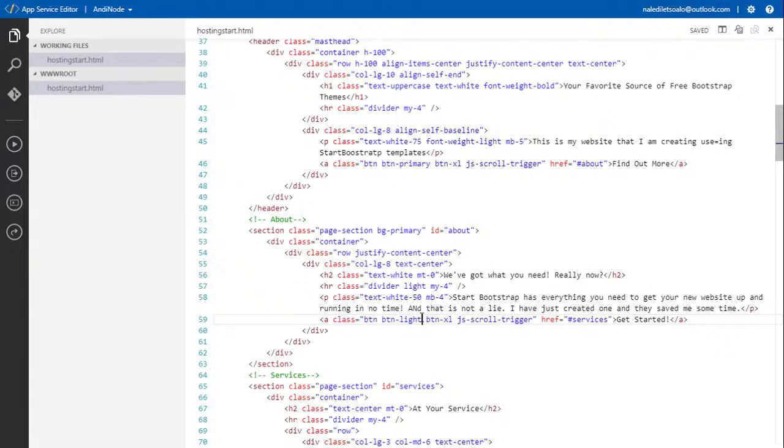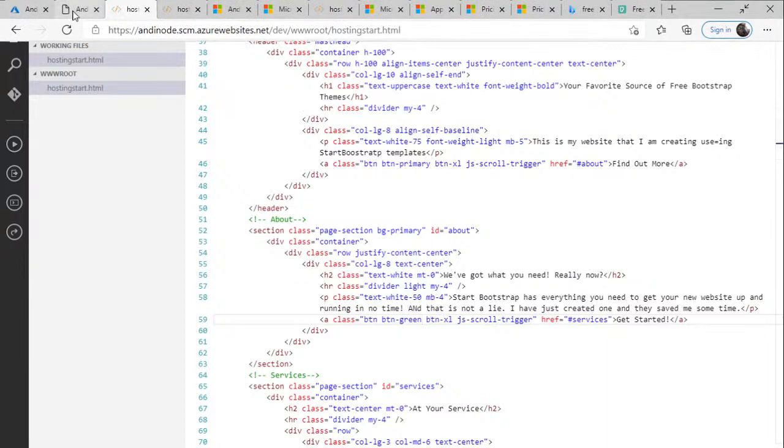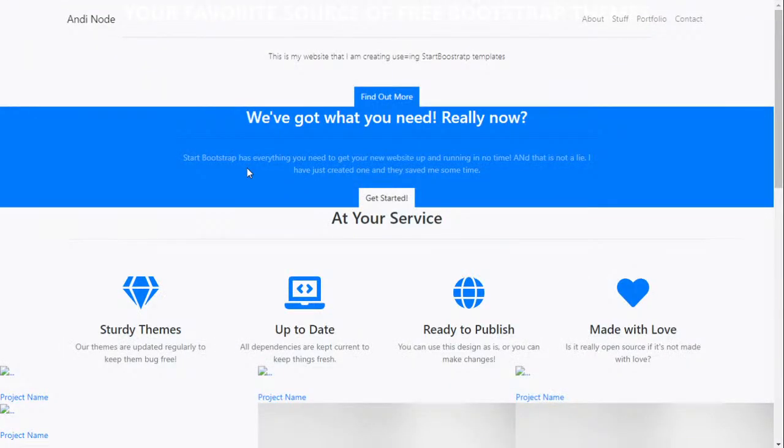I'm sure if we were to maybe do something like this, it might not work, but let's see. Saved. I want to see if it actually does change. Oh no, don't have the button. But that's also because there is no green, and also because I don't know what the thing is.